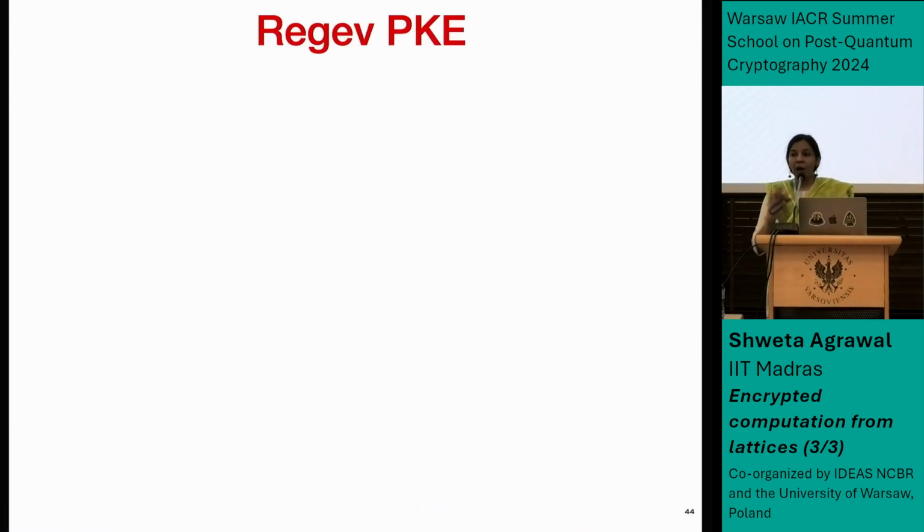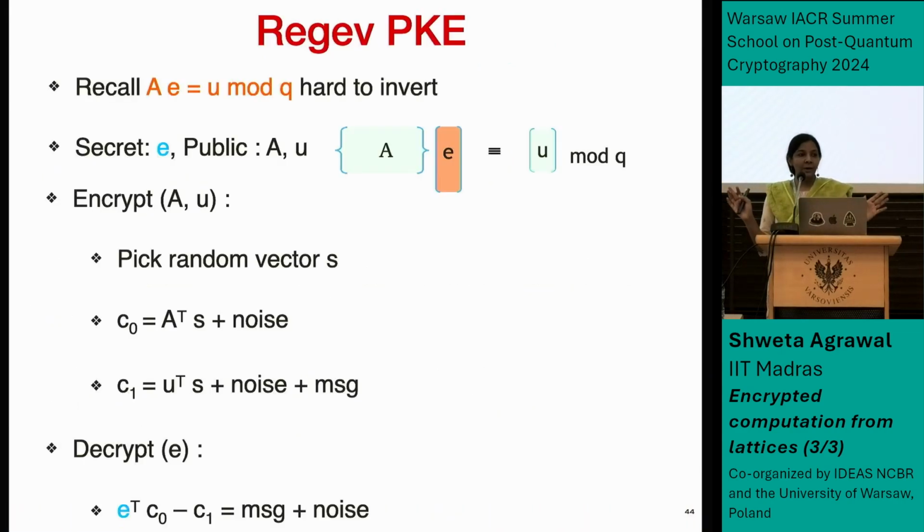Okay, so now, let's go quickly over Regev's public key encryption scheme. This is a slight variant of the one that we saw yesterday. This is called the dual Regev PKE, and it was first described in GPV, Gentry, Peikert, and Vaikuntanathan from 2008. So hopefully by now, everybody is an expert on this scheme. But please stare at it if you need a refresher.